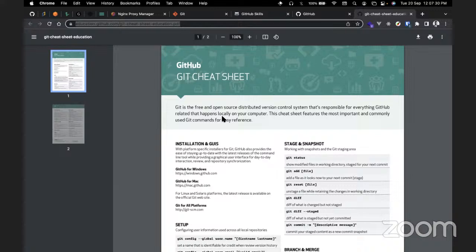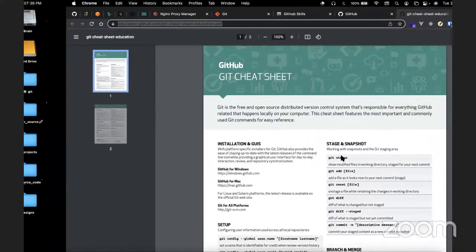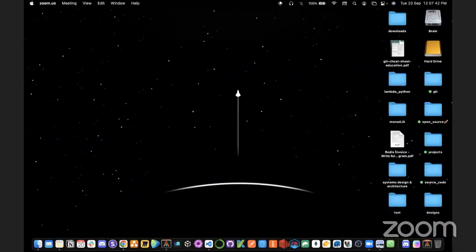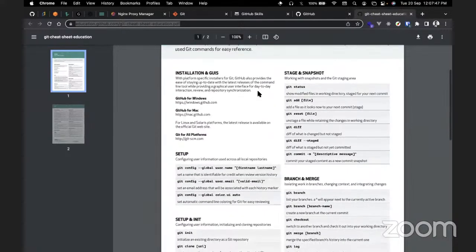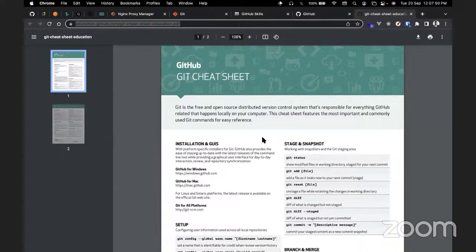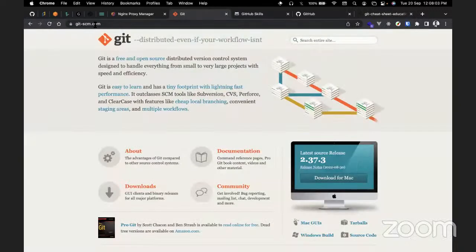As I said earlier, Git itself is a version control software basically used for managing your source code. What we're going to do right now is first show you how to download the Git tool on your Windows, on your MacBook, or maybe if you're using a Linux machine. So I'm simply going to navigate to gitscm.com. This is the website for